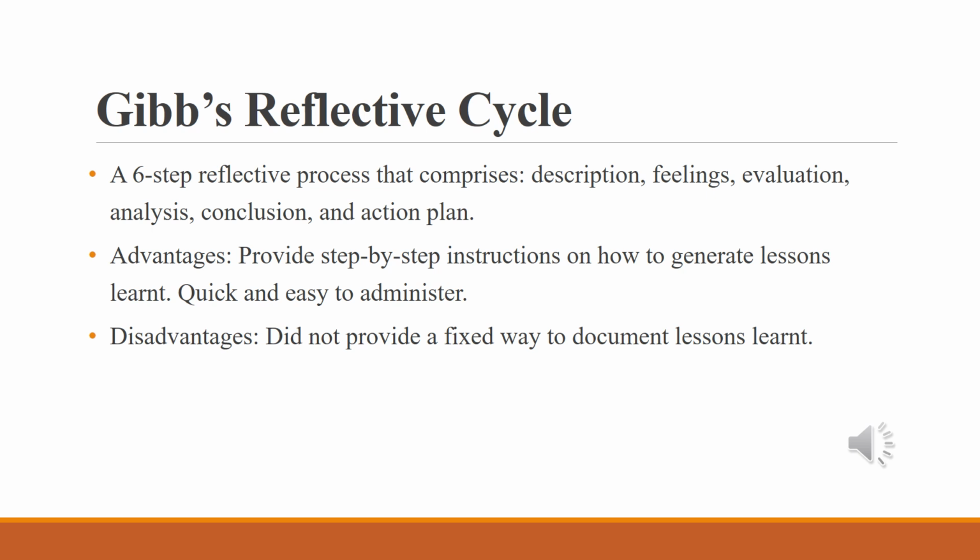It's basically a 6-step reflective cycle that comprises description, feelings, evaluation, analysis, conclusion, and action plan. Well, the advantage of the Gibbs reflective cycle is that it provides you step-by-step instructions about how to generate lessons learned. So it's quick and easy for you to administer. Well, the disadvantage is that it does not provide you a very fixed way to document or write a proper